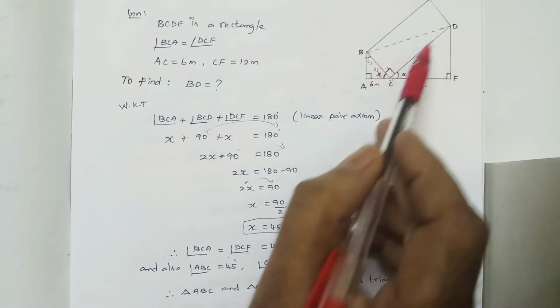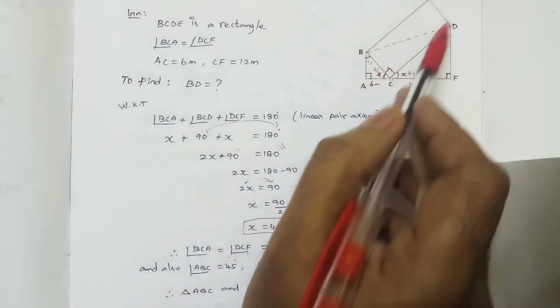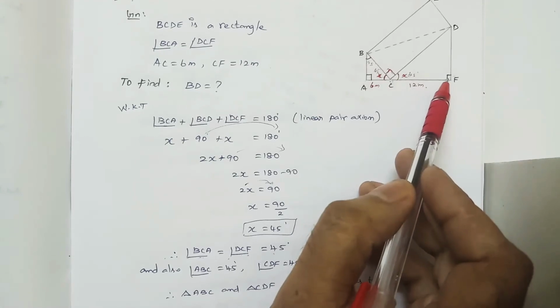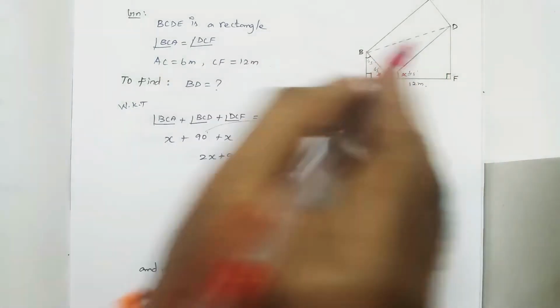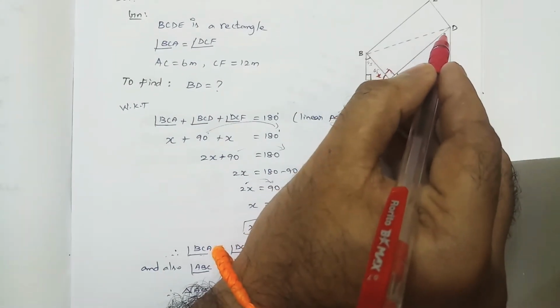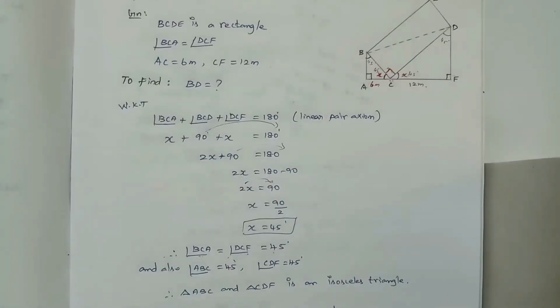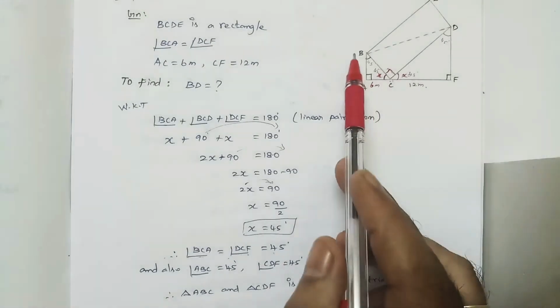Same like that, this is a right angle triangle, right? CDF is a right angle triangle. If angle C is 45 degree, angle F is 90 degree, and what is angle D? Angle D is also, what is it? 45 degree. This is also, what is it? 45 degree, right? And moreover, from this angle, we are coming to the conclusion, triangle ABC, right?